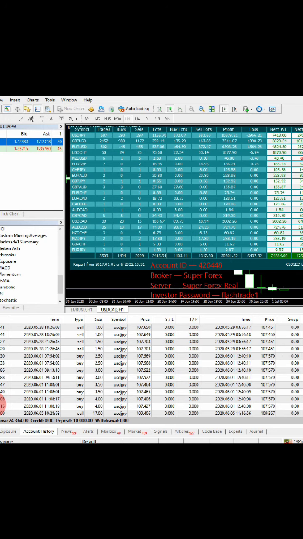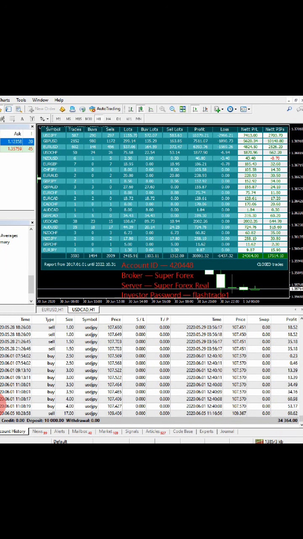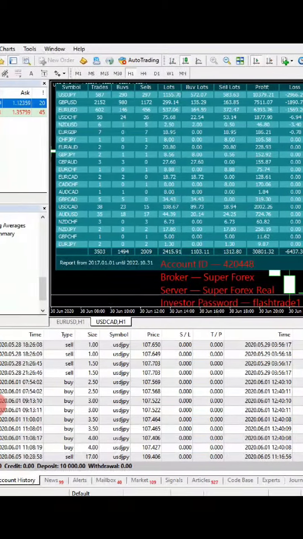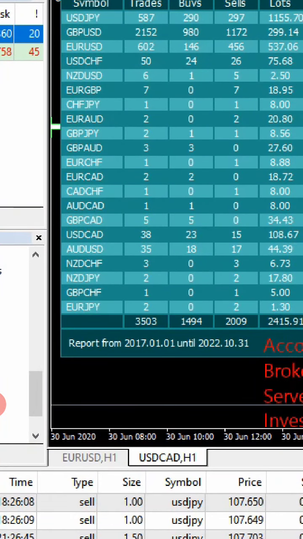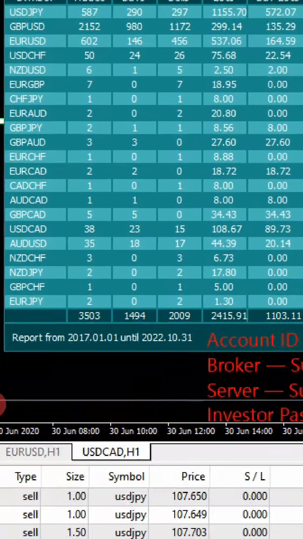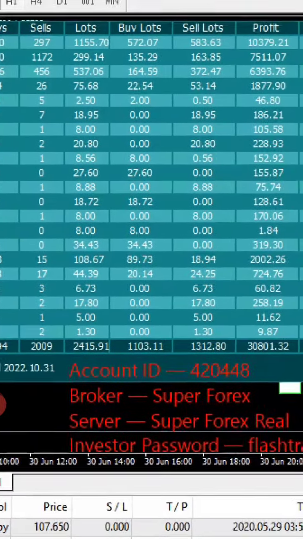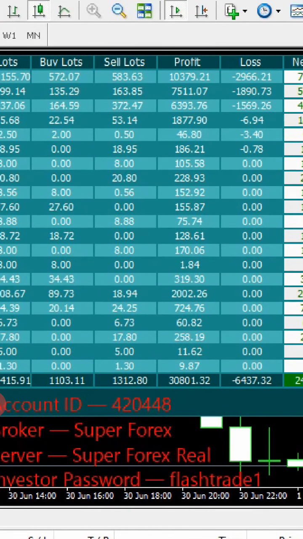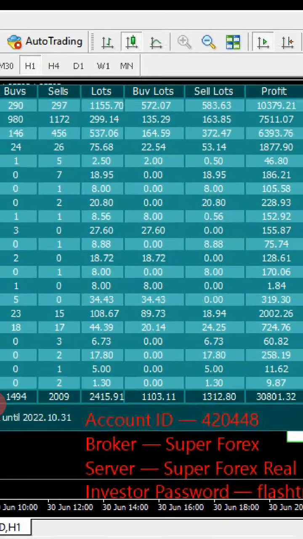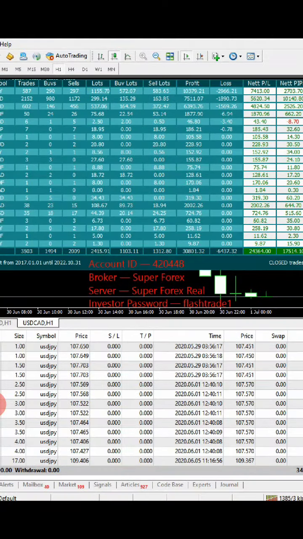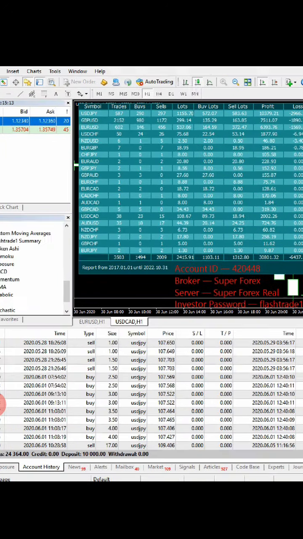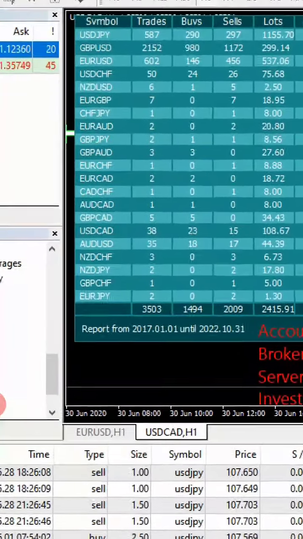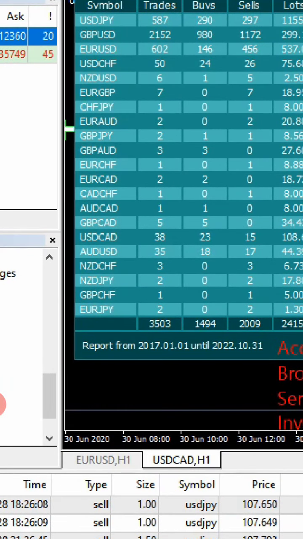But if you check the USD CAD pair, where we are trading with a very small lot size, and other pairs also we are trading with a very small lot size, as per the respective trend at that particular time, we traded and booked very good profit. These are most of the pairs we traded: USD CHF, NZD USD, EUR GBP, CHF GBP, EUR CAD, and GBP JPY.